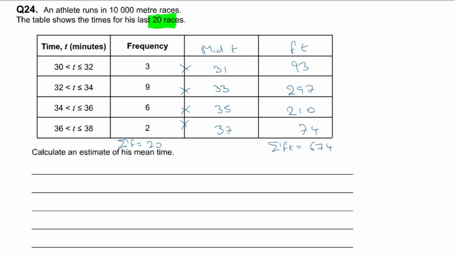Now once I've got those, my estimated mean is going to be sigma ft over sigma f, which is 674 divided by 20, and that is equal to